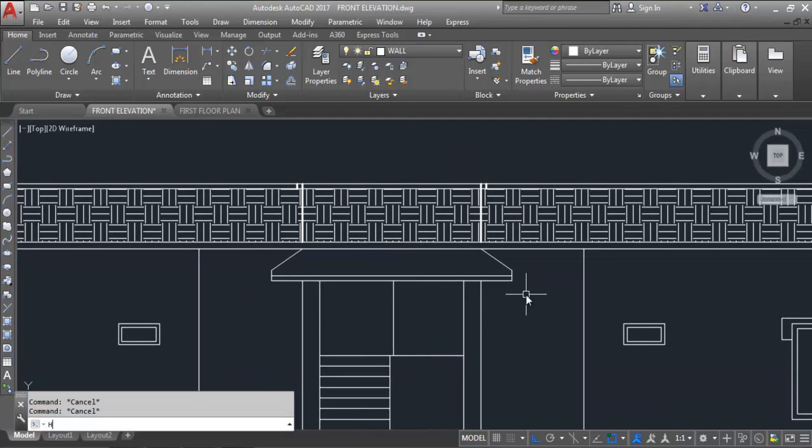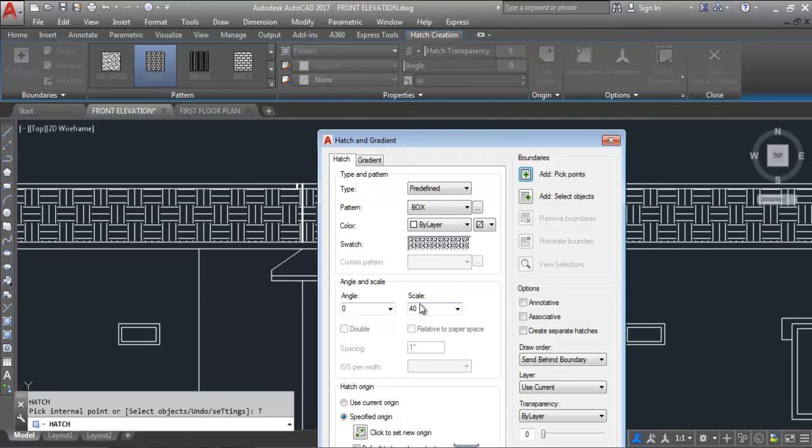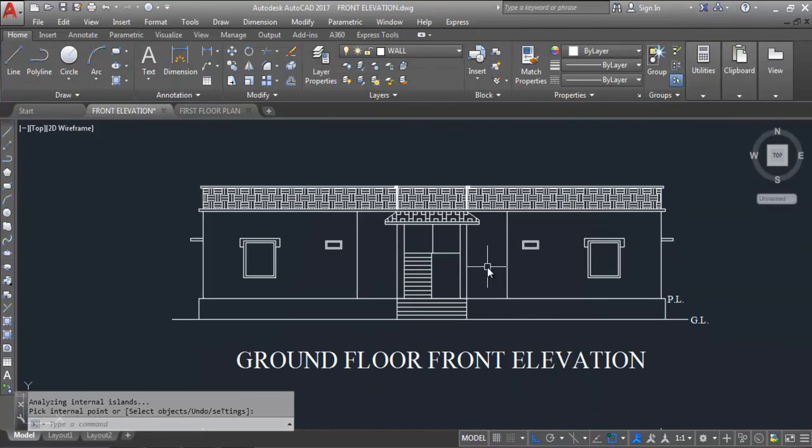So I'll hatch this. This is the slope, veranda slope. Now I'll take box. Keep the scale 25. At pick point, click inside, enter. Okay, so